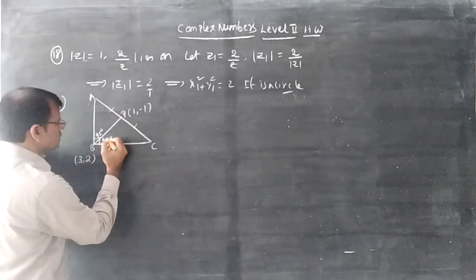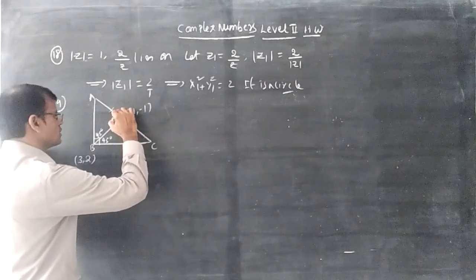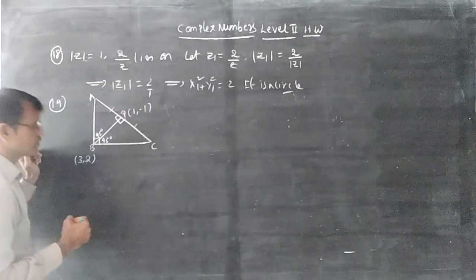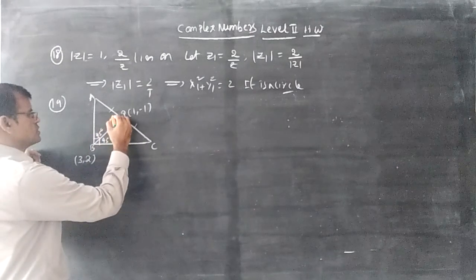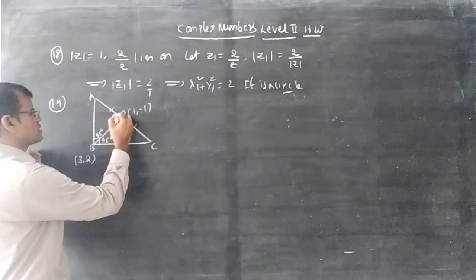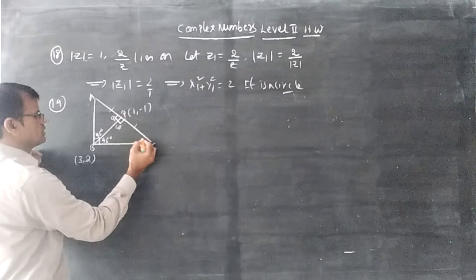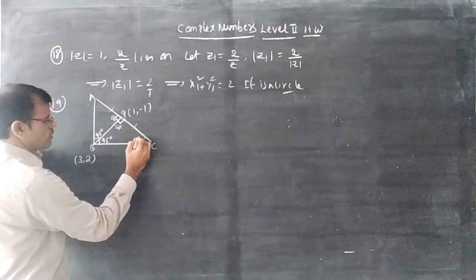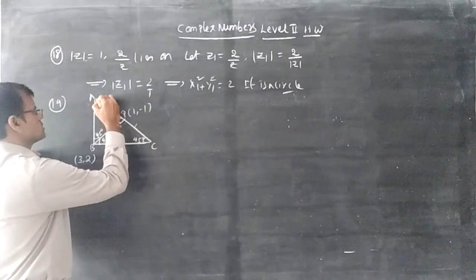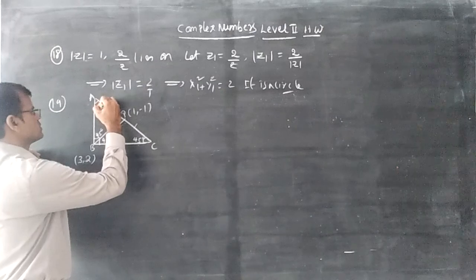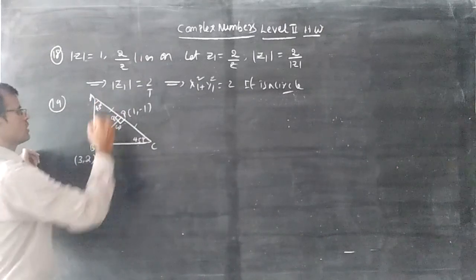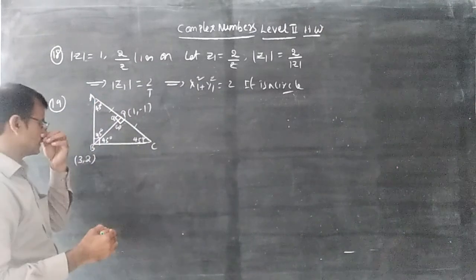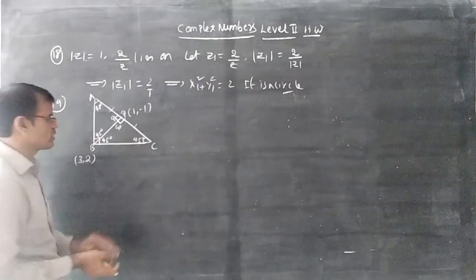Of course, this we have drawn that this is a perpendicular line. So it is 90 degrees. It is 90 degrees and this is 90 degrees. So obviously it is 45 degrees. This is obviously 45 degrees. Because here two sides are equal, you can mention the angles are 45 also.